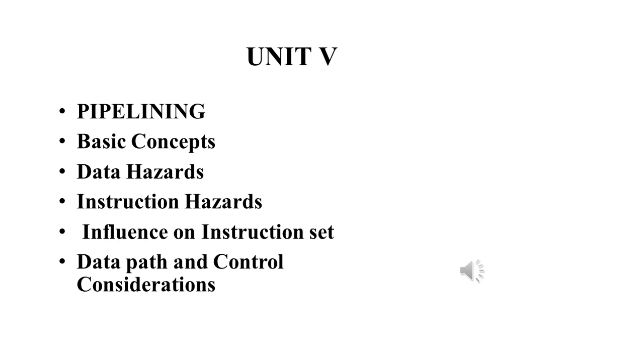In the data hazard, totally 3 types are there: read after write, write after read and write after write. Read after write means an instruction needs a value that has not been written yet. Write after read means an instruction writes to a register before an earlier one has read it. Write after write means 2 instructions write to the same register, so the wrong one may override.